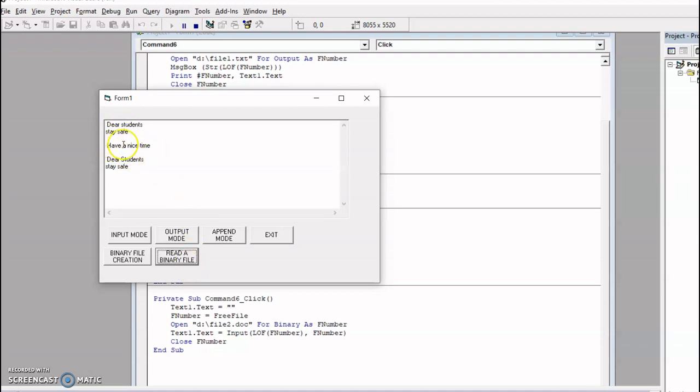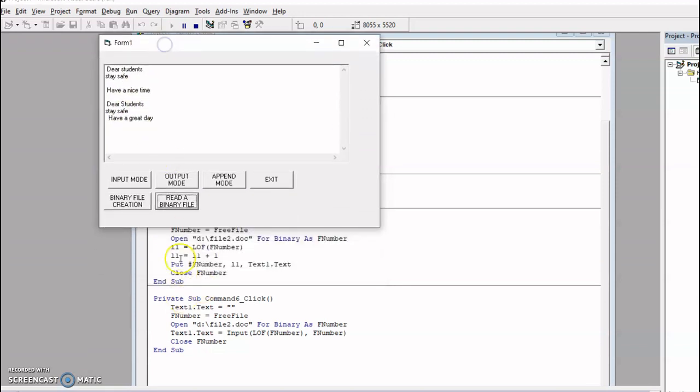Already these 2 lines are available in the binary file, so along with those contents, the newly entered lines are added. Just erase these lines and add a new line, then give binary file creation, then read the contents, just to see the lines here.